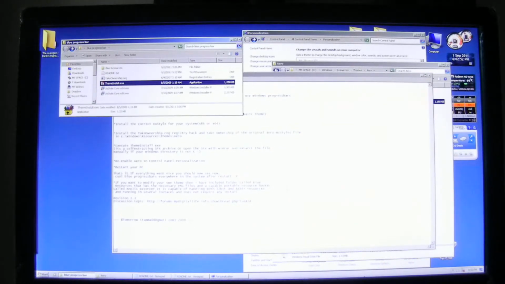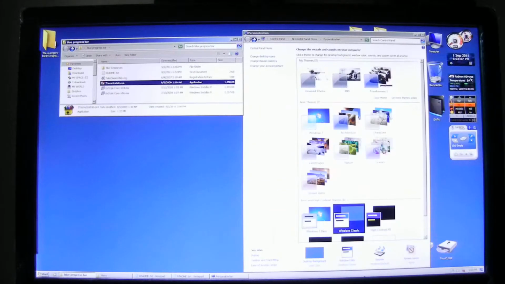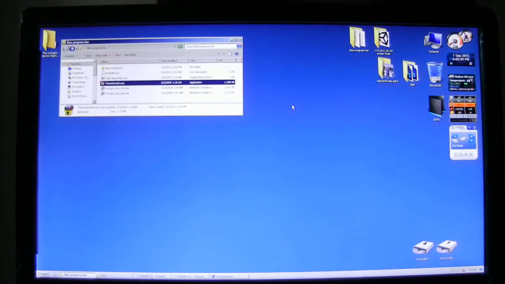Come on, man. I believe I have pressed enter, so why is nothing happening?